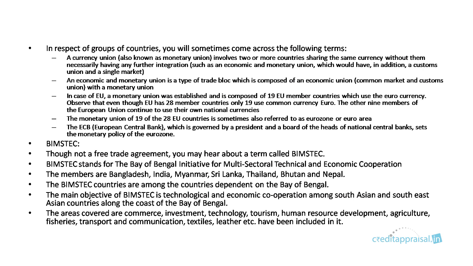So that monetary union of those 19 countries is sometimes referred to as Eurozone. Sometimes you hear this term also, you should be able to explain what is meant by Eurozone. Those 19 of the 28 European countries who implemented the euro as the currency are known as Eurozone. The ECB, the European Central Bank, is governed by the President and the Board of Heads of National Central Banks, and they set the monetary policy for the Eurozone.